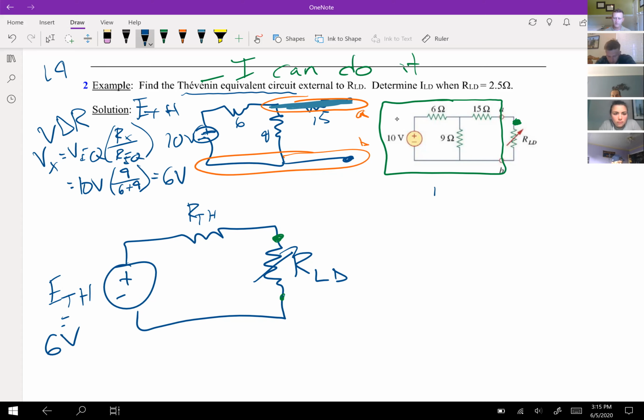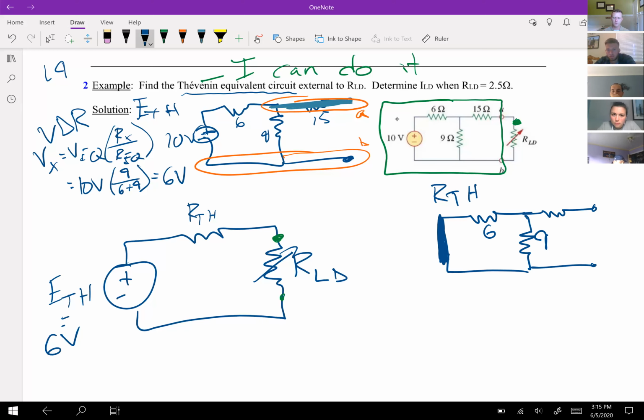What is my R Thevenin? I'll draw it over here. Here's my R Thevenin circuit. This one, I definitely recommend redrawing. If you just put your thumb over the load when you're doing the E Thevenin, that's fine. This one, it's almost always worth redrawing, because when I zero the source and I'm making it really thick, to remind you, that's just a wire. Here's 9, right? I've replaced that voltage source with a wire. 0 volts, there's no voltage drop across a wire, right? The voltage is constant through it. So 0 volts, 0 voltage potential difference